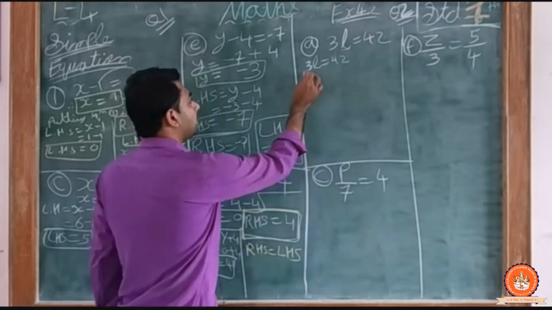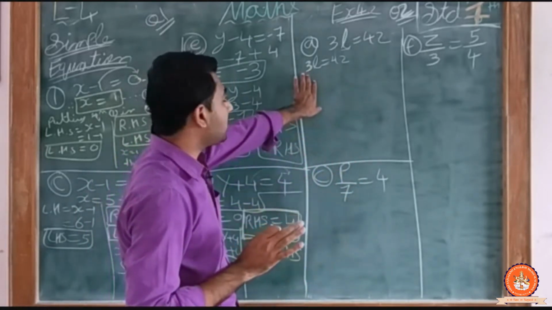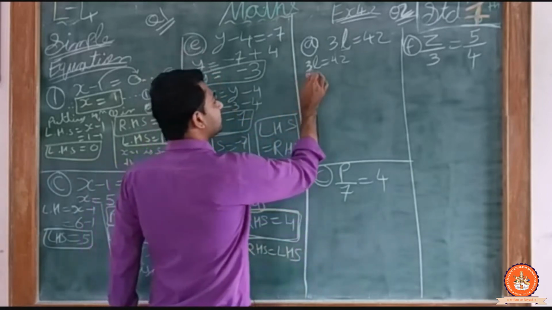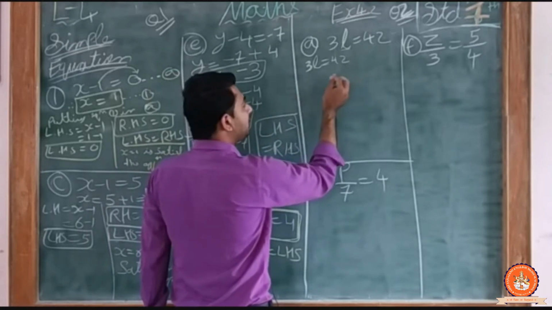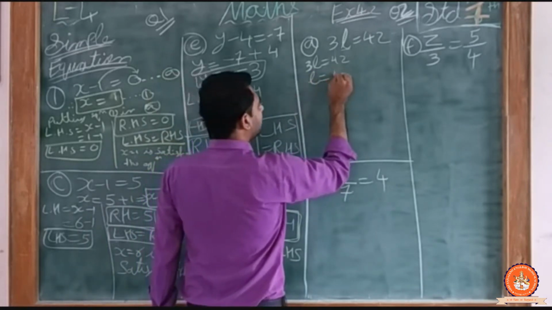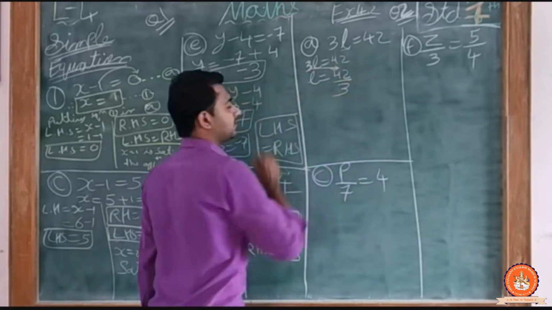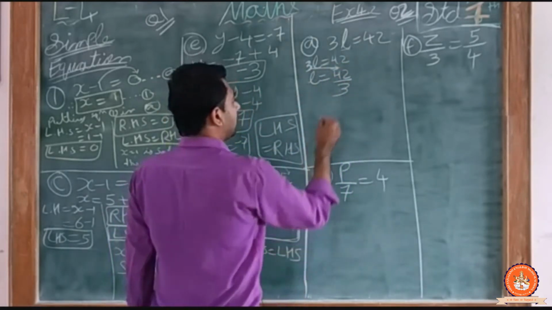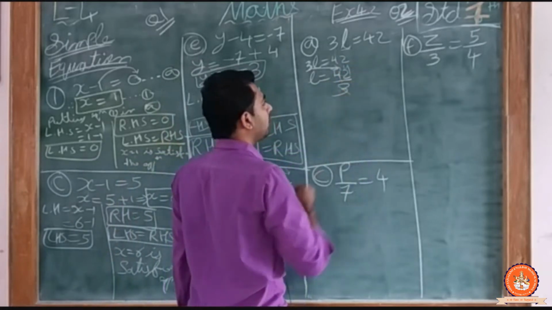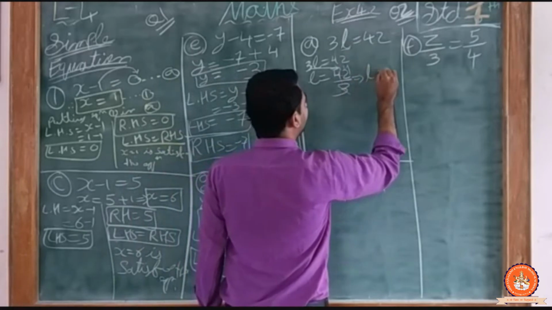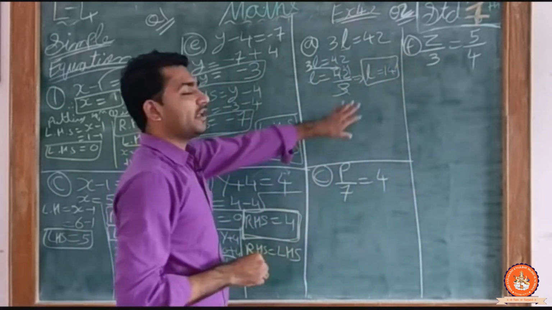So how? Here the 3 is not in positive or negative, ये 3 is in multiply with L. So after taking this 3 onto the right side of the equal to sign, it becomes division form. So L is equal to 42 and it becomes division, it is divided by 3. 3 1s are 3 and 1, and 3 4s are 12. So we get the value of L is equal to 14. Clear students, we get the value of L is equal to 14.